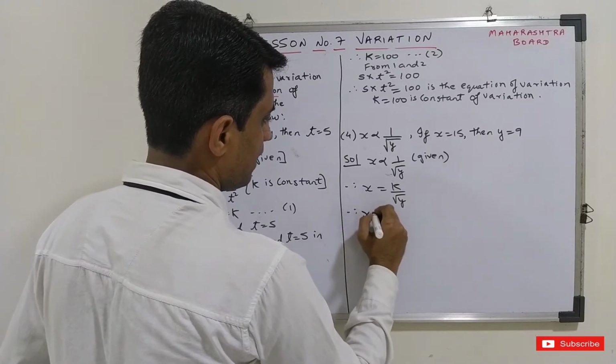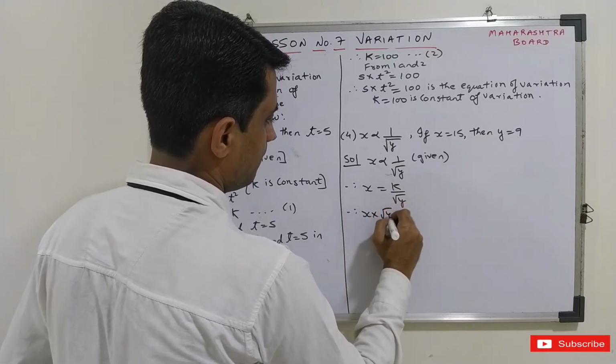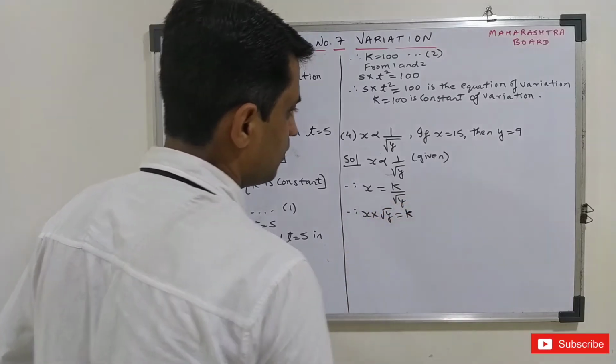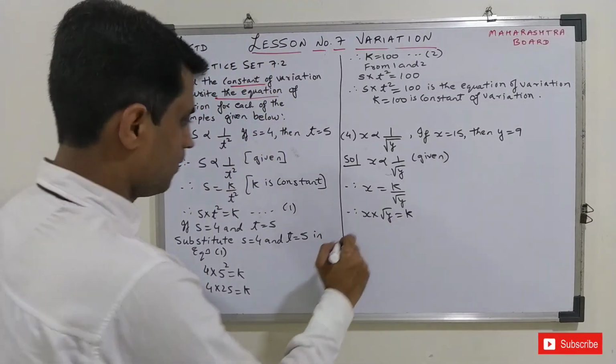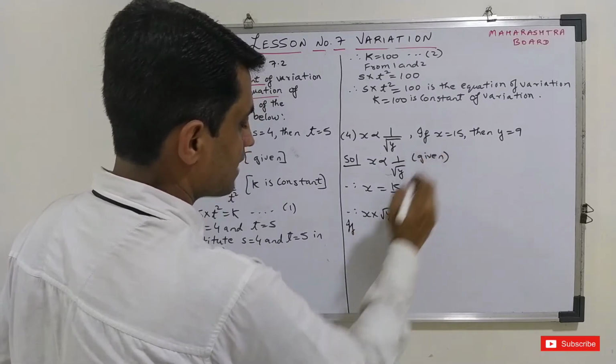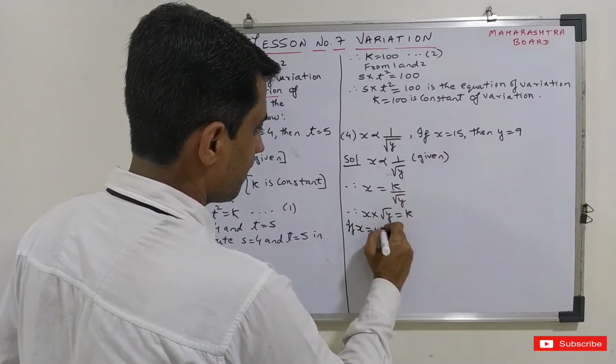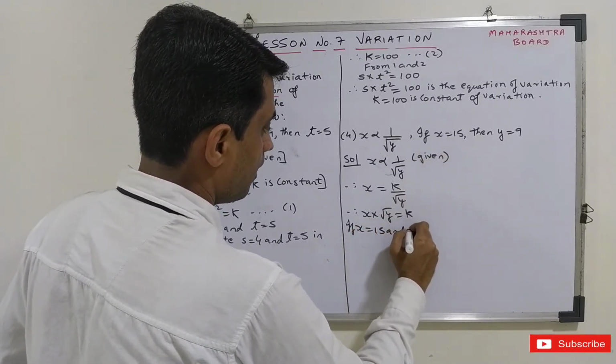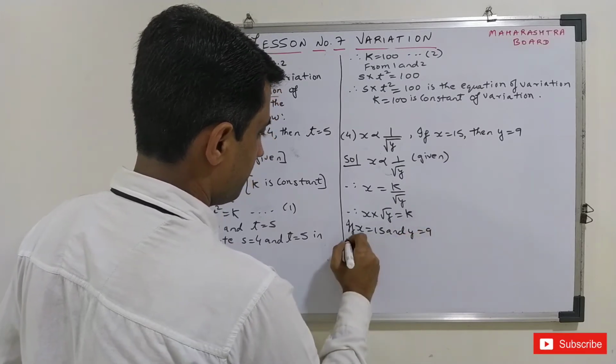So x into root y is equal to k. Now if x is equal to 15 and y is equal to 9,